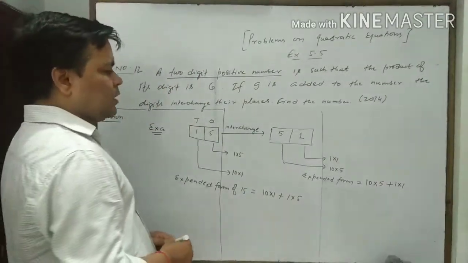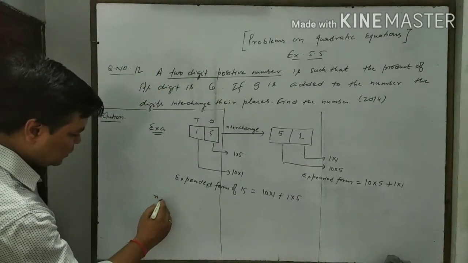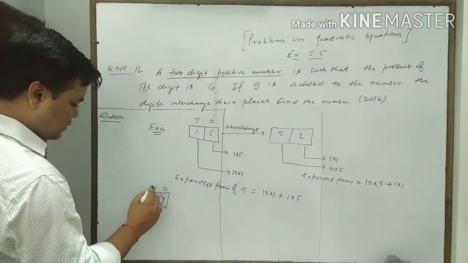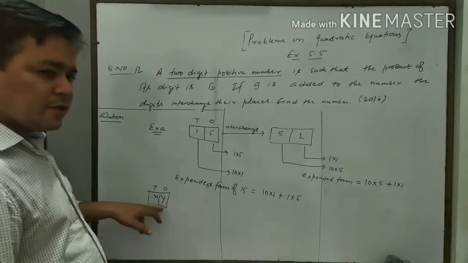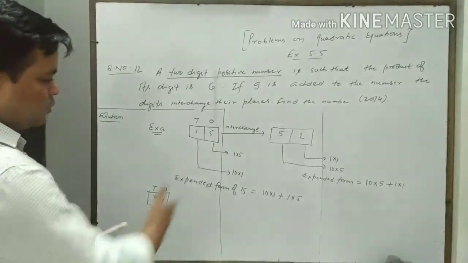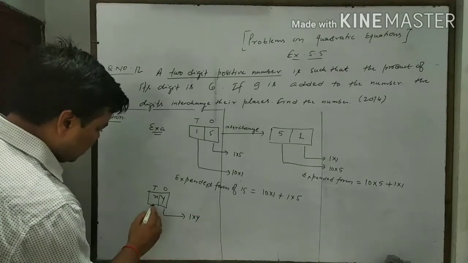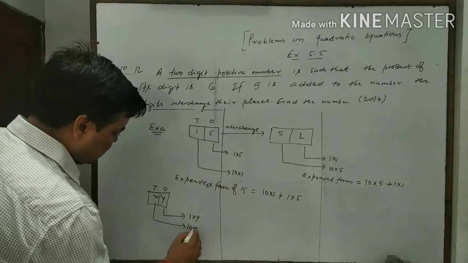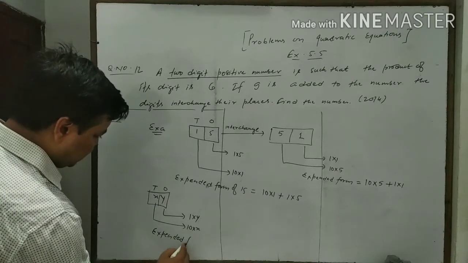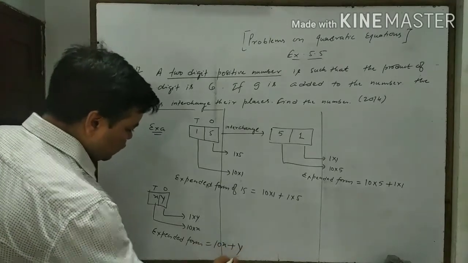Okay. Now we take a 2-digit number like this way. Let us take a 2-digit number xy, whose ones place is y and tens place is x. So the place value will be in this form, 1 into y, and the place value of x will be 10 into x. Therefore the expanded form is what? The expanded form will be 10 into x, means 10x, plus 1 into y, means y.